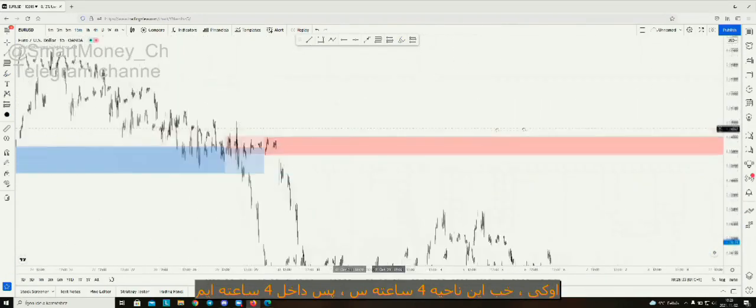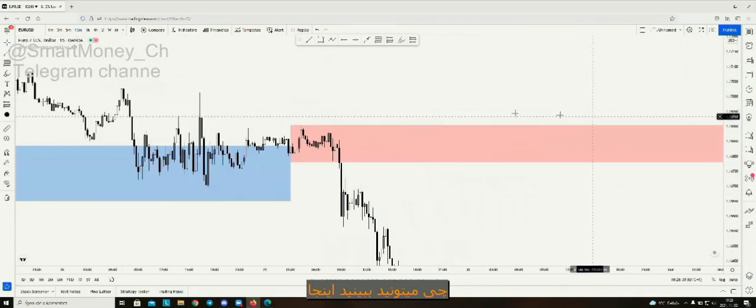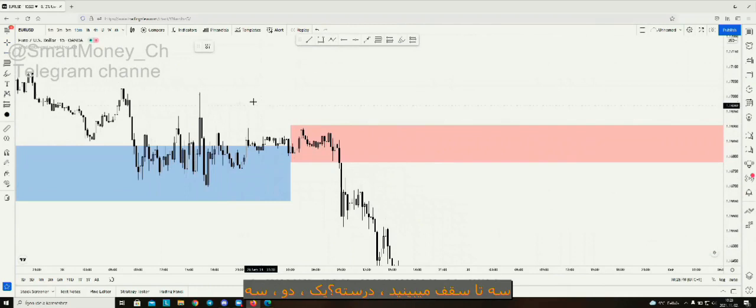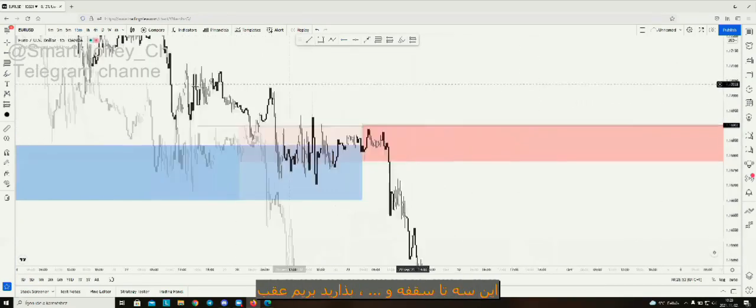Okay, so here is the supply zone, the 4-hour supply zone. What can you see here? You can see triple top, right? 1, 2, 3, or relatively, this is the 4th top, right? But it's triple top. Let me just mark this real quick. This is the triple top, and let's go back